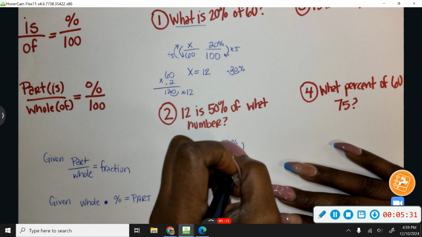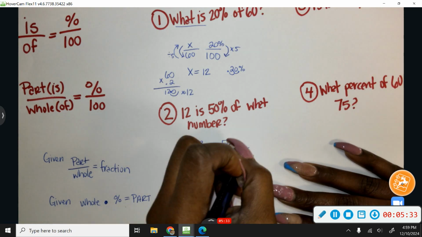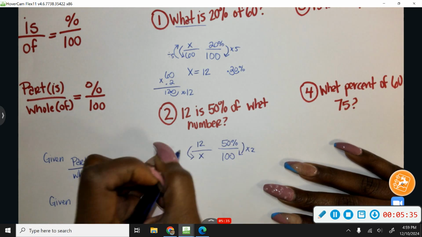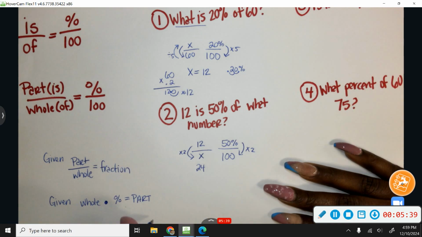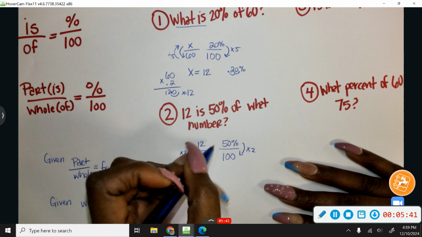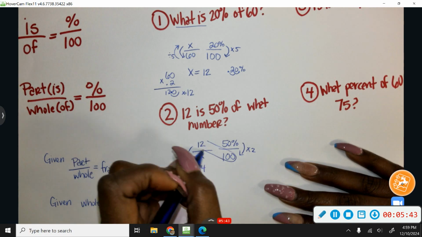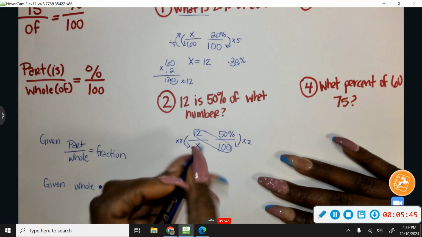So let's times it by 2, times it by 2, and I get 24. Okay, let's also practice our cross multiply way. So that gives me